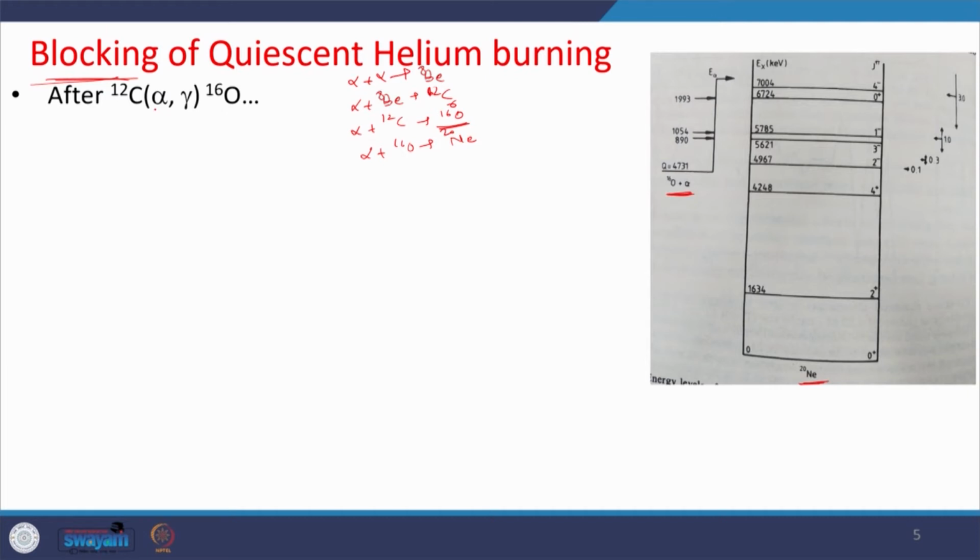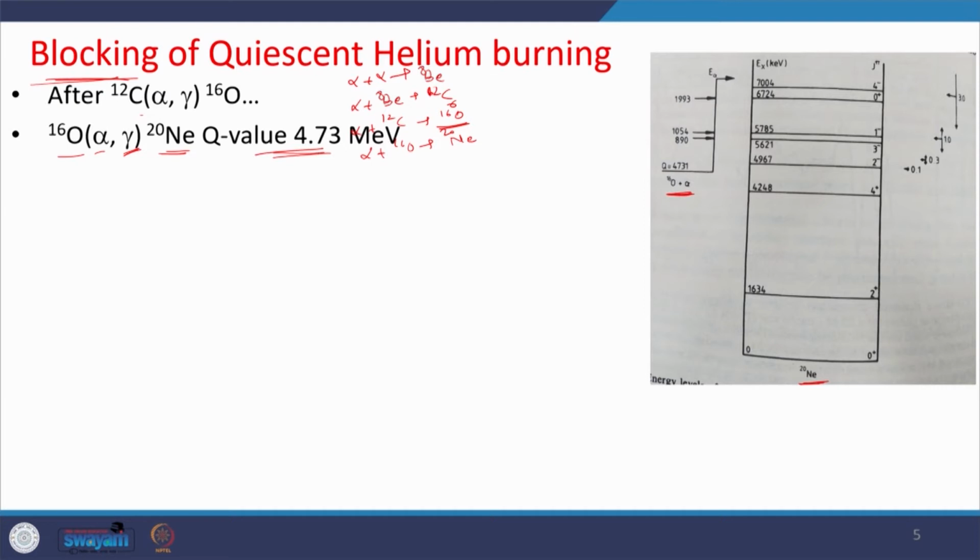So, after this alpha plus carbon we expect oxygen 16, neon 20, Mg 24, like that, silicon 28, but the reaction does not proceed like this because of some problem that we are going to discuss in this slide. Okay. So, if you see the reaction of alpha plus oxygen 16, the compound nucleus formed is neon 20, and during de-excitation it can always emit gamma, and the Q value for this reaction is quite low,